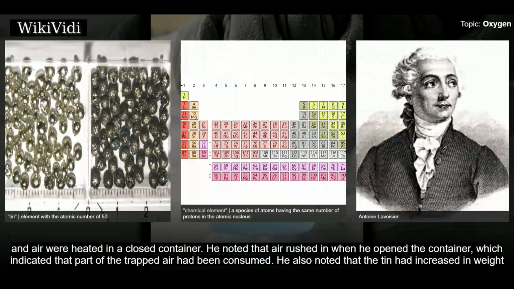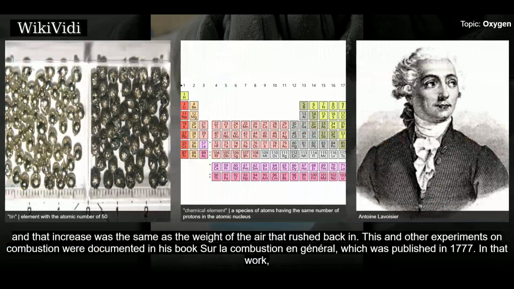He noted that air rushed in when he opened the container, which indicated that part of the trapped air had been consumed. He also noted that the tin had increased in weight, and that increase was the same as the weight of the air that rushed back in. This and other experiments on combustion were documented in his book Sur la combustion en général, which was published in